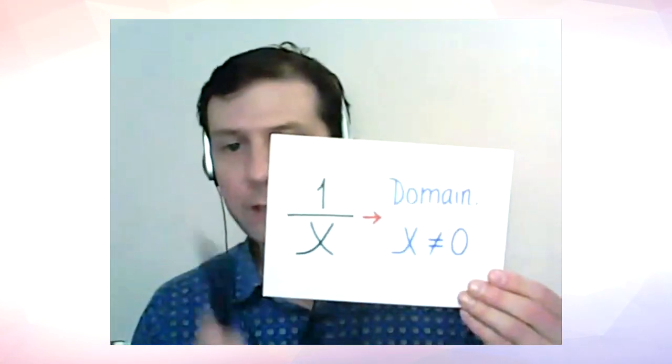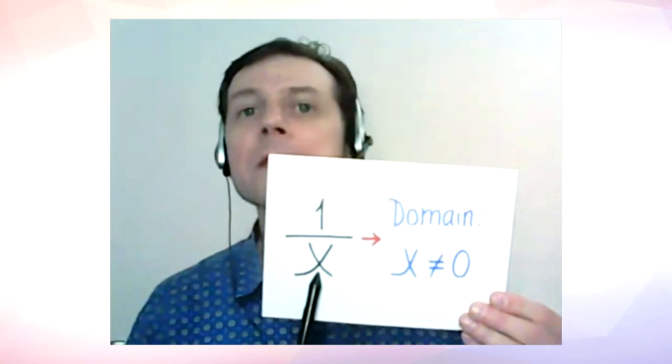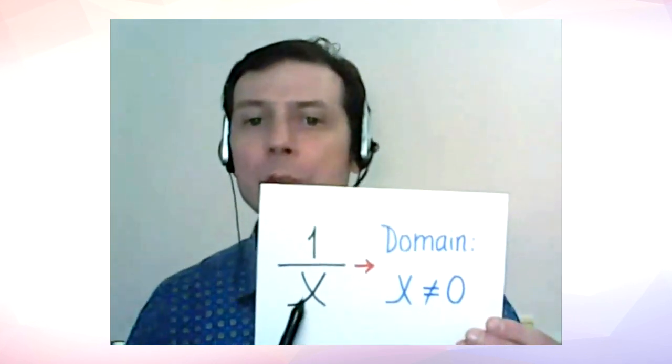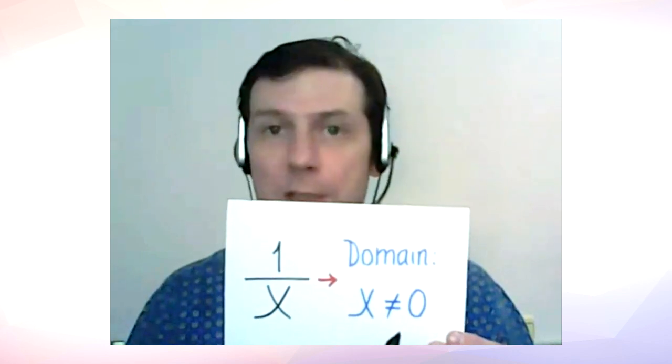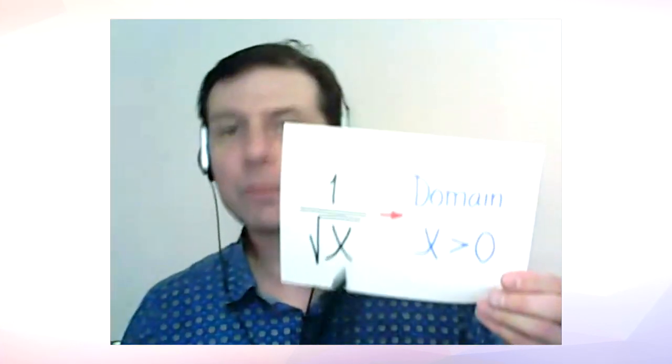Second case, if you have expressions with fractions or functions with fractions, you'll get this case. X in the denominator means the denominator should not be equal to 0, and x should not be equal to 0. That's the domain. The domain is a limitation again. And third case, if you got just 2 in 1, it's a square root, and the square root